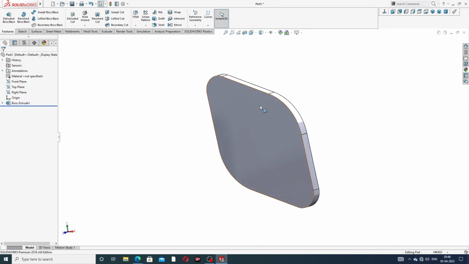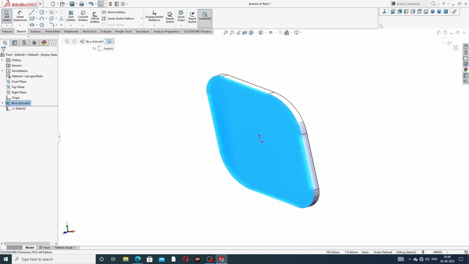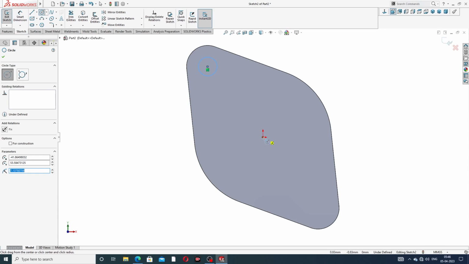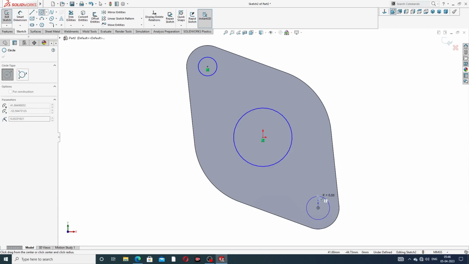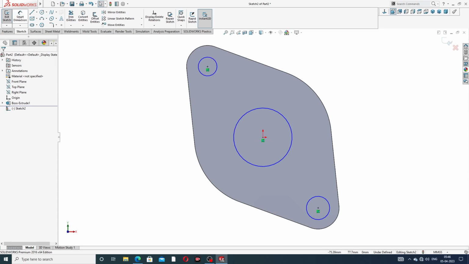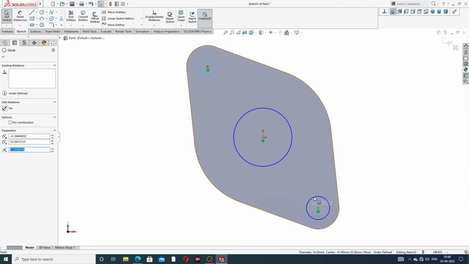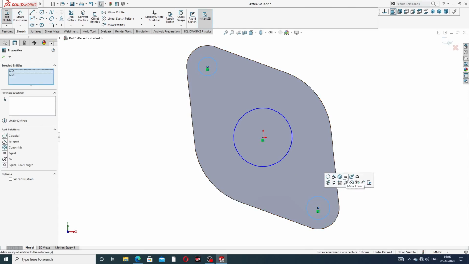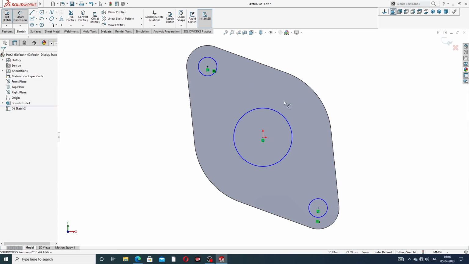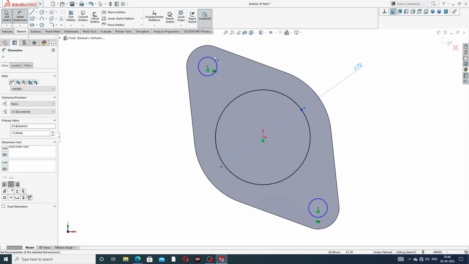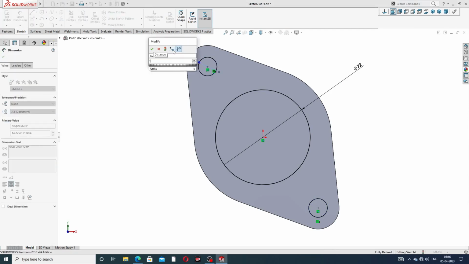Okay, this is very nice, and this face is also sketch normal, and also draw a circle. The circle is this, and again a big circle, and draw a small circle because this is a cutout. Okay, first click both circles, press the Control button, and set them equal. This is 72 millimeter